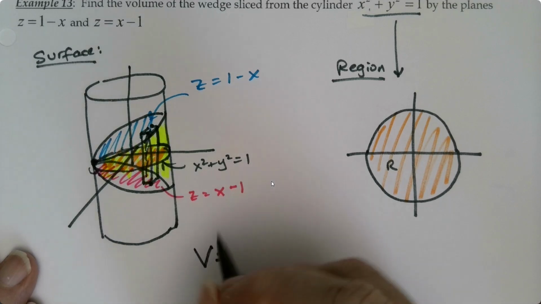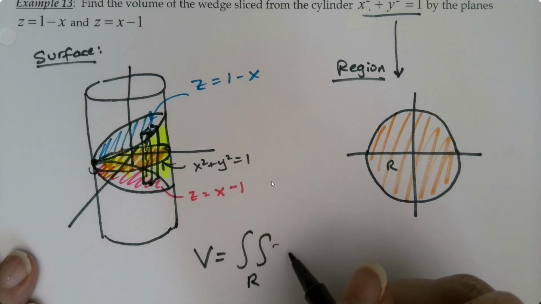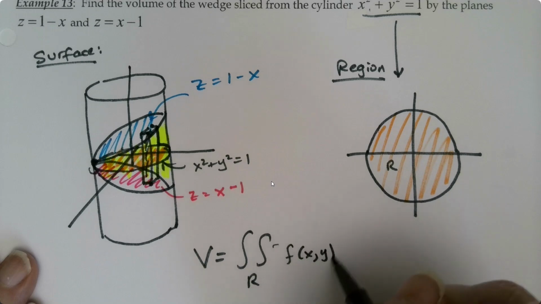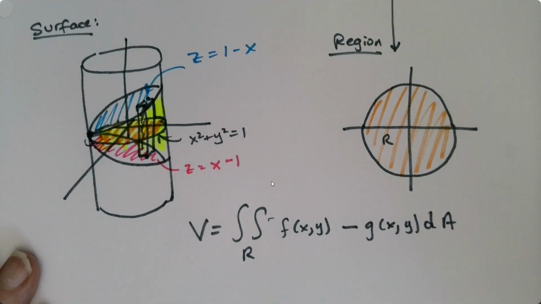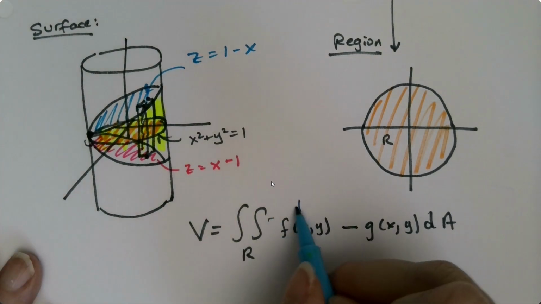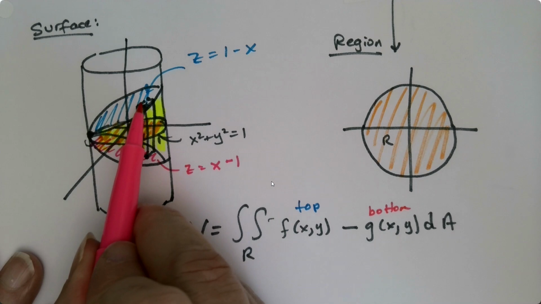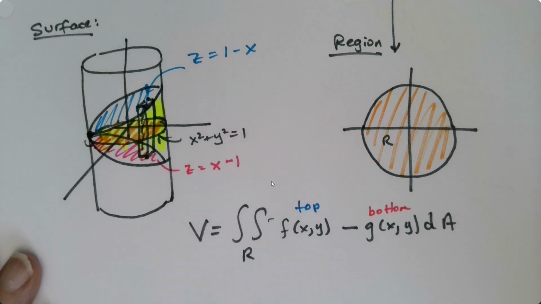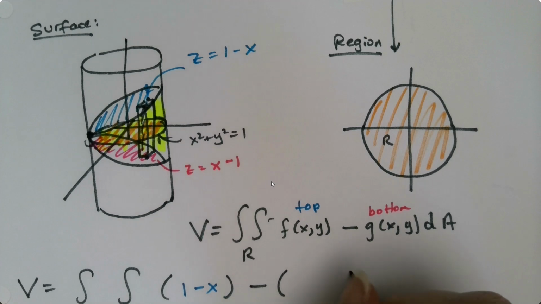So the volume is the double integral over the region of those pillars, right? The height of those pillars, which is take the top function minus the bottom function. Okay, so top in this case is the blue one, and the bottom one is the pink one, right? The pillar hits at the top at the blue one and the bottom at the pink one. Okay, so volume equals the double integral. We will have to figure out our limits of integration in a second. But the top function we know is 1 minus x minus the bottom function we know is x minus 1,